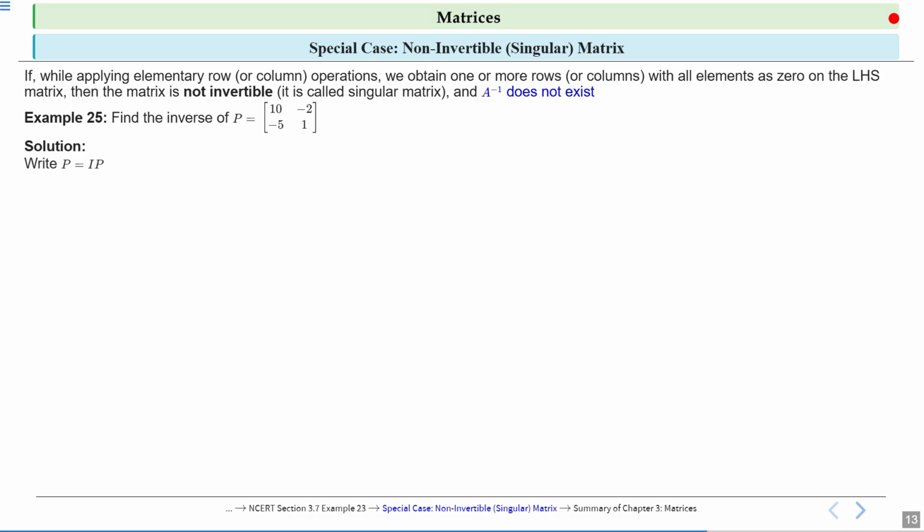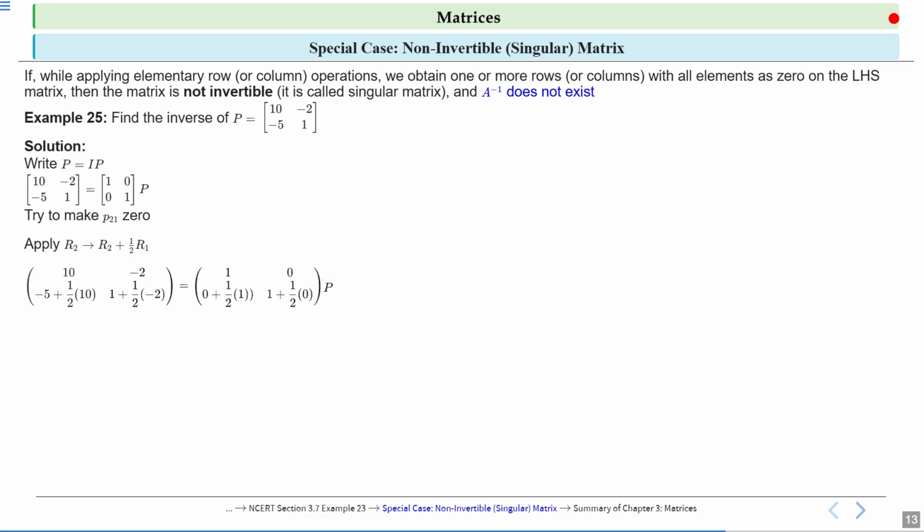Write matrix P as IP. So [10, -2; -5, 1] will be equal to [1, 0; 0, 1] times P. Now try to make P21 as 0. So apply R2 as R2 plus 1 by 2 R1. So [10, -2; -5 plus 1 by 2 times 10,